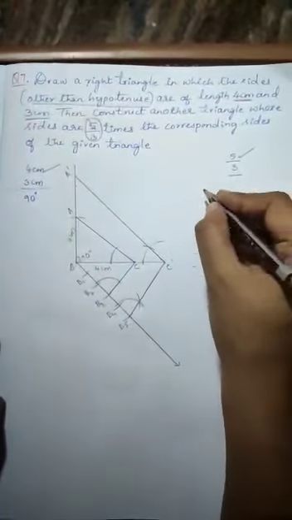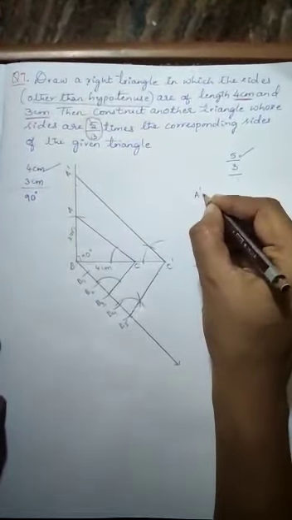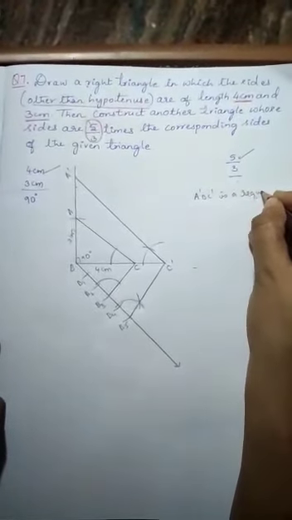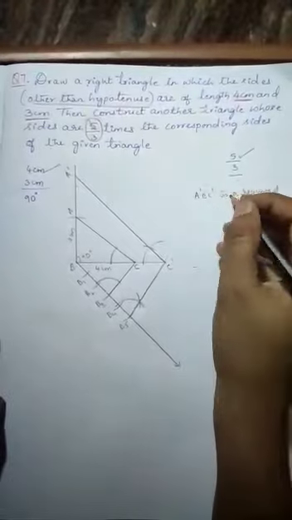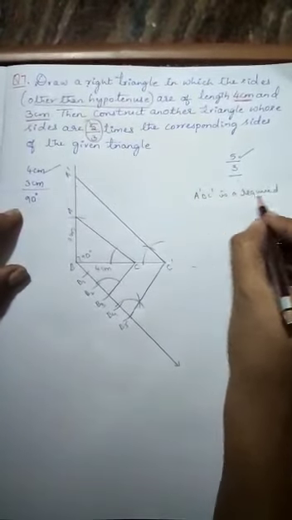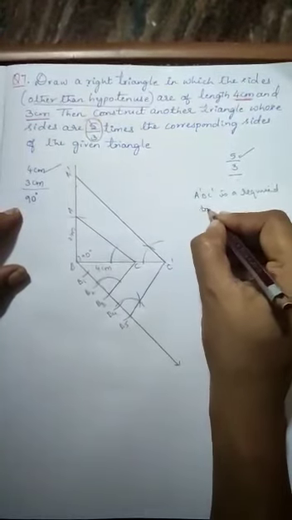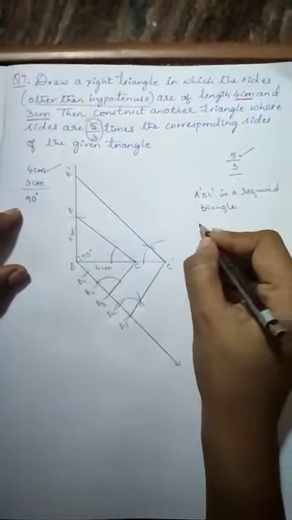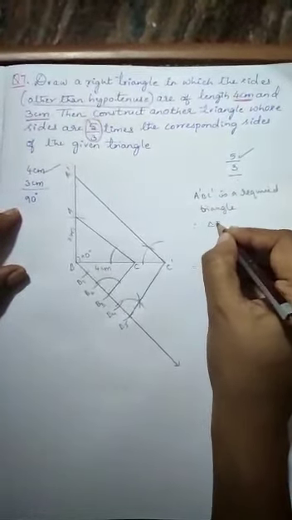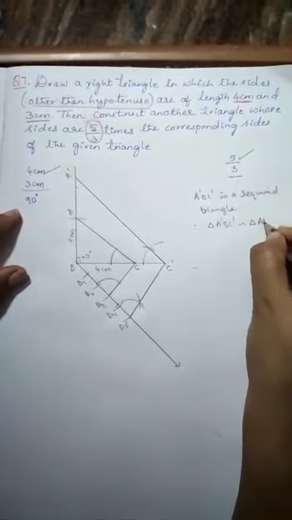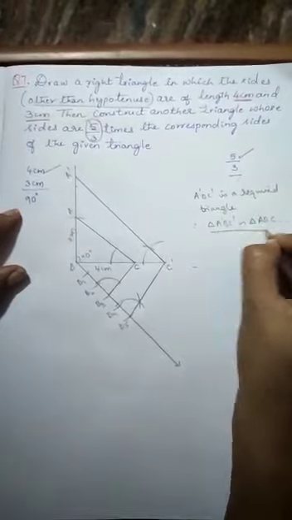So again you write, A dash B C dash is the required triangle. You must write this finally, because for this you will get half a mark. Is the required triangle. Therefore triangle A dash B C dash is similar to triangle A B C. So finally